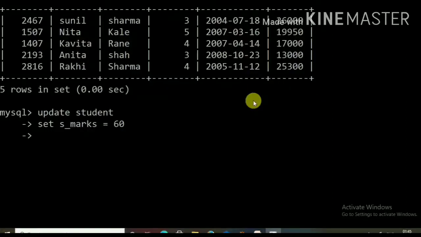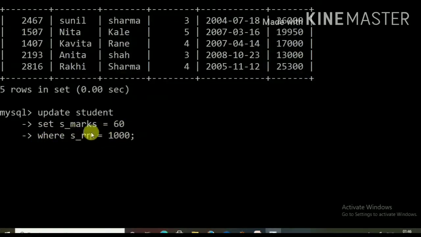Then the condition: we have to update the marks of the student with roll number. The name of the column is s underscore rn is equal to 1000. So update, name of the table, set, and the name of the column to modify, that is s underscore marks is equal to 60, to make the marks 60, where this is the condition.